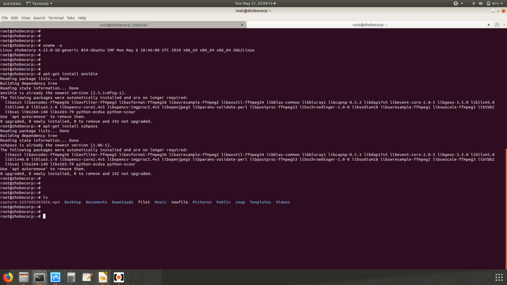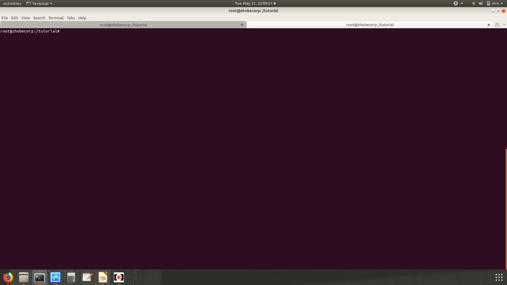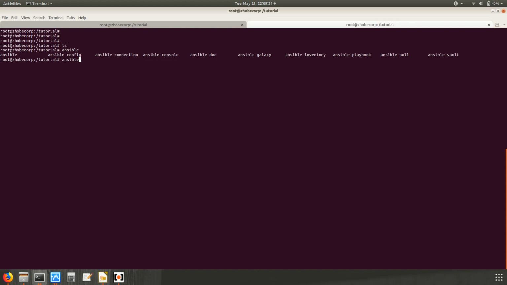So now let's start. When we say Ansible project, Ansible doesn't run as a daemon. It is just a set of commands, as you can say. When Ansible is installed, you can check all these commands will be there. There are different modules. Ansible Vault is used to store a password in an encrypted manner. This is a small video, so we will be covering the plain text password and username, but you can also use Ansible Vault. There is Ansible Pull, and we will be using Ansible Playbook